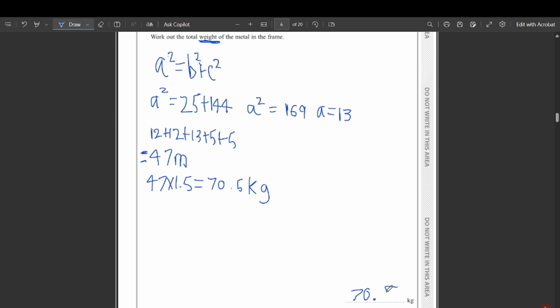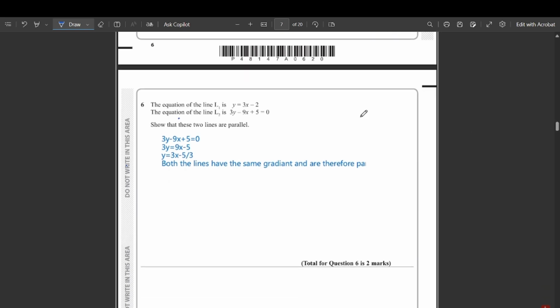Weight is a force, and you need a gravitational constant for that. Shame on Edexcel. And then for question 6, we're given two line equations, and we're asked to show